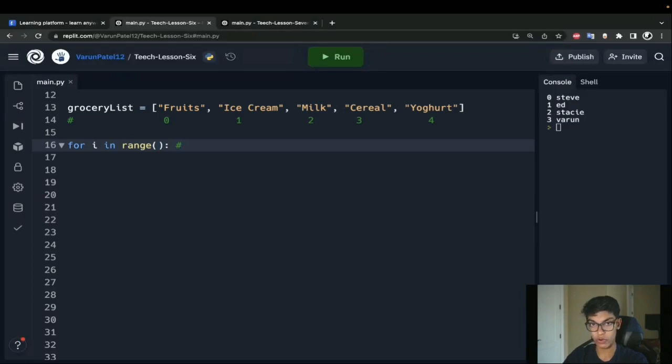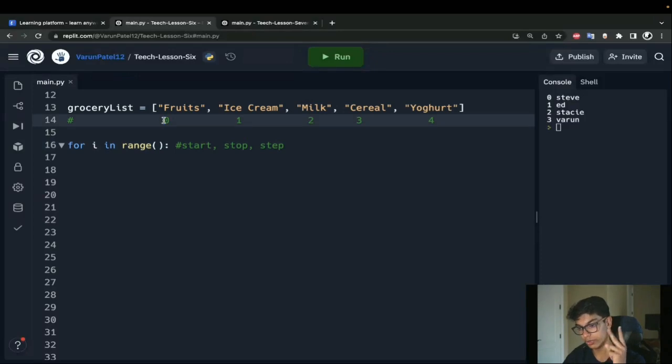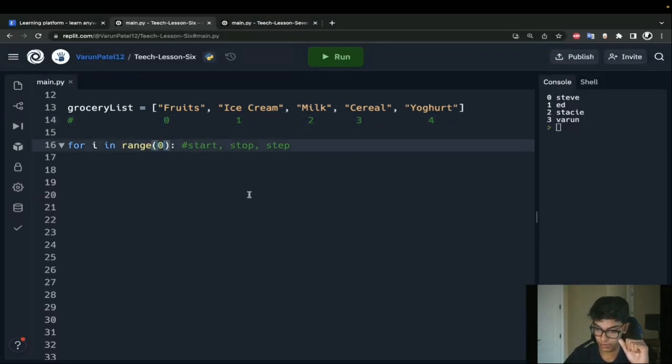We know with our range, we have to give it a start, a stop, and a step, right? So where are we starting from? I want to print 0, 1, 2, 3, 4. Those are the numbers I want to print out. Well, I'm starting at 0, and I'm stopping at 4. So what do I give this? I give it 5. Why? Because with my range function, I have to specify all the numbers up to, but not including. So I'm basically getting all the numbers from 0 up to, but not including 5. So it actually ends at 4.